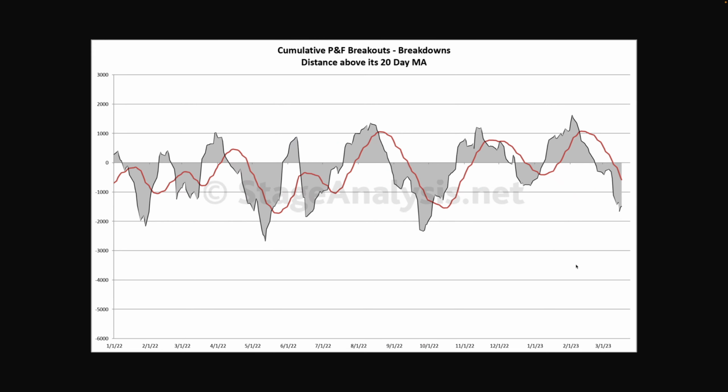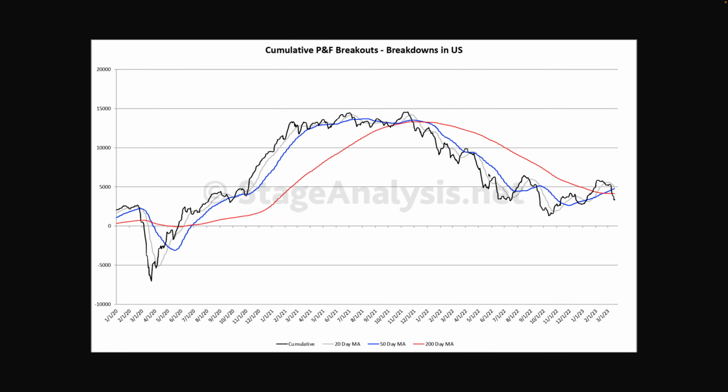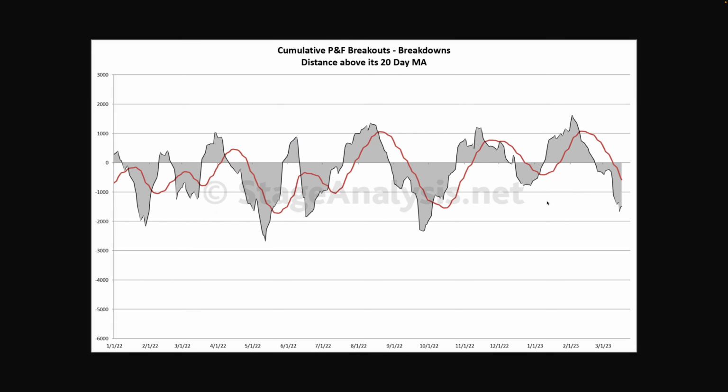If we look at the short-term measure of this, this grey line here, the 20 day moving average, is the zero line on this chart. So this is a flattened version of the 20 day moving average, and then the cumulative line relative to that 20 day moving average. And on this, we use the signals of moves above its own 20 day moving average and below its own 20 day moving average. So you can see at the moment we've been on a negative signal, which was back on the 9th of February, I believe, again. So multiple short-term market breadth measures turned negative on the 9th of February,